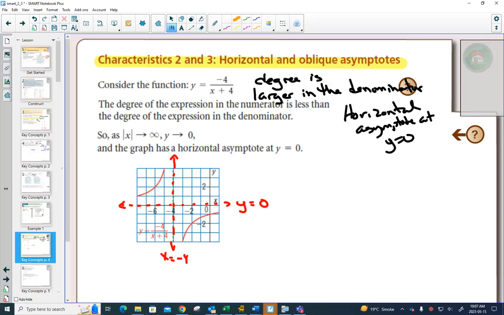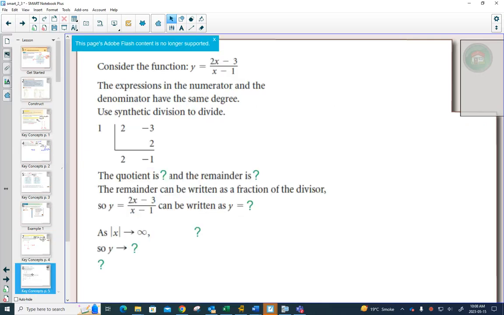So the first thing that we're doing is we're deciding where the asymptotes go. Then we're going to be able to draw these graphs with a few more characteristics after this. Okay? So, degree is larger in the denominator. Second,